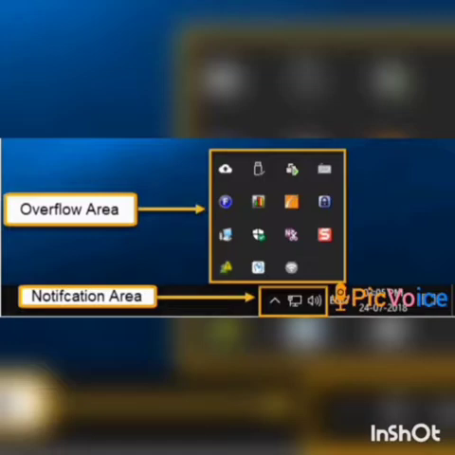Children, this is the rightmost area of the taskbar. It can also be used to display icons for system and program features that have no presence on the desktop. In this area are the clock, calendar, speakers, etc.